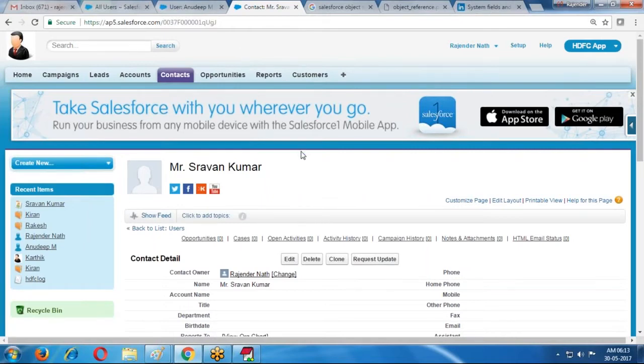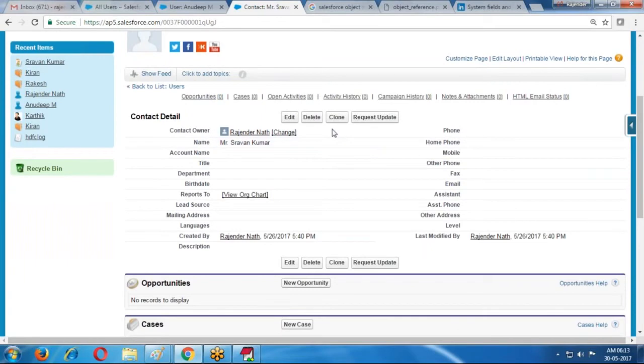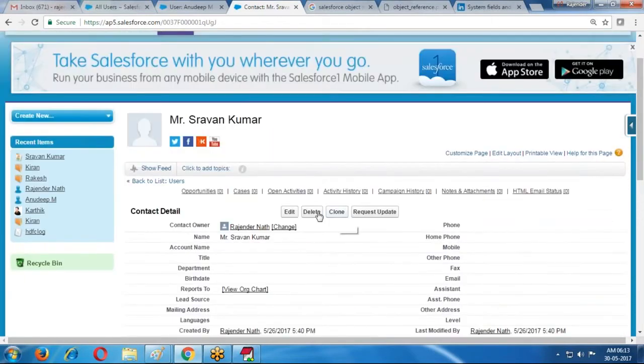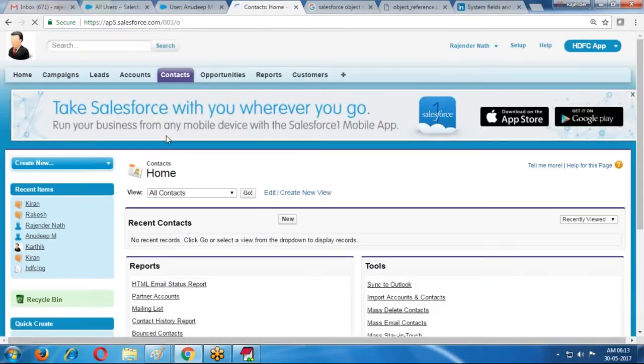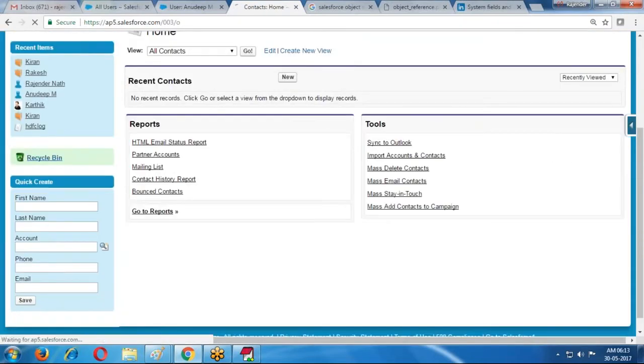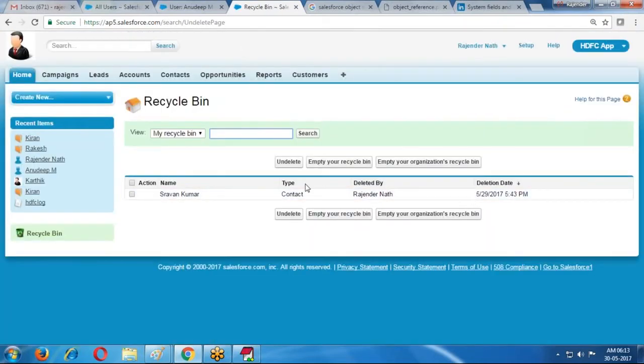If I delete one record, this record is stored in the recycle bin. It is stored in the recycle bin for up to 15 days. After 15 days it is permanently deleted from the recycle bin.